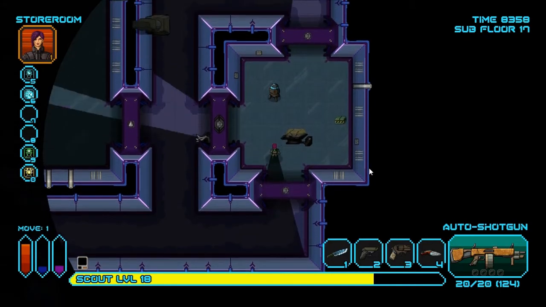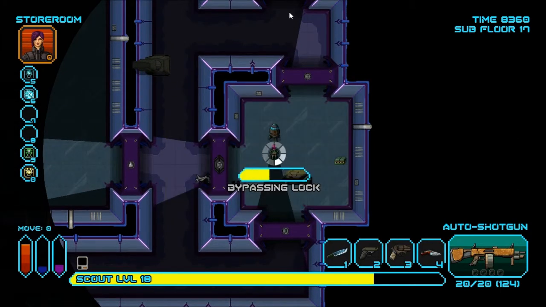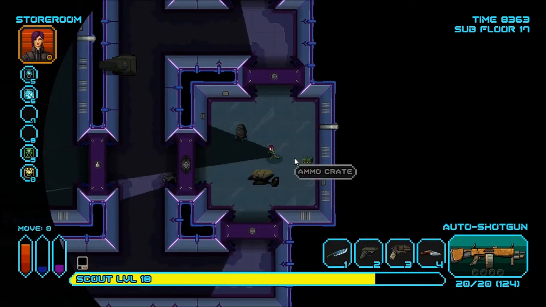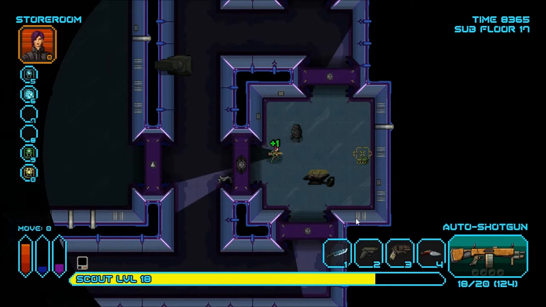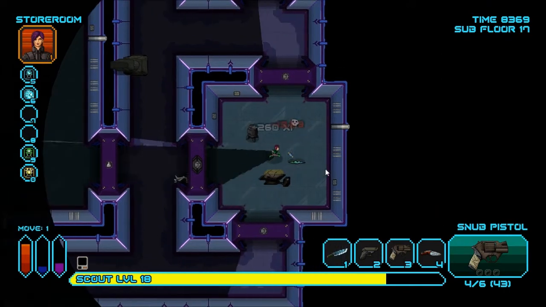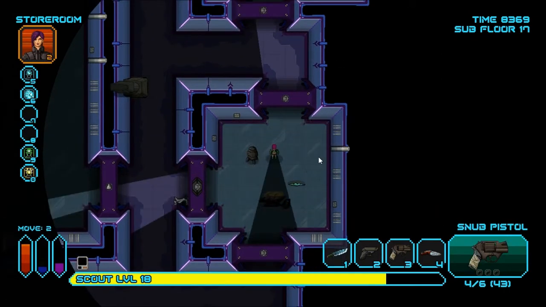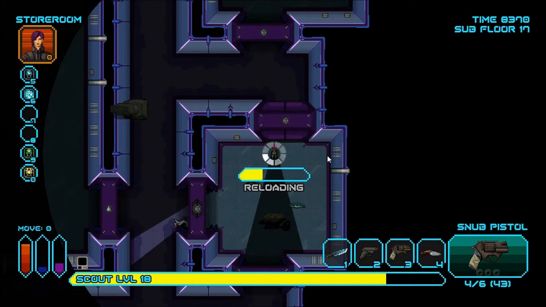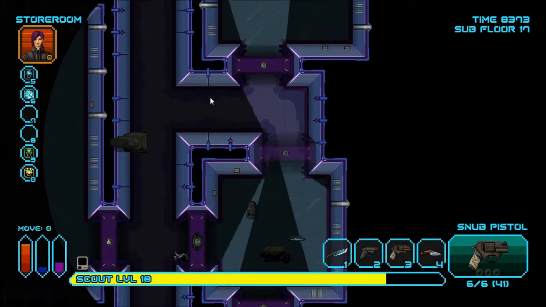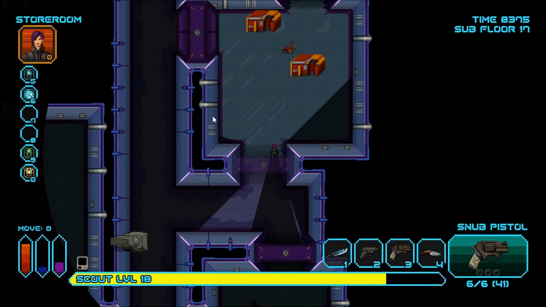Alright. Perfect. Living steel remnant. That means I only need the adamantium resin to make adamantium claws, which is an absolutely amazing item. I better pick up the cyber connectors too. That's another part of the ingredient to making those amazing melee weapons, but cyber connectors are such a common drop that